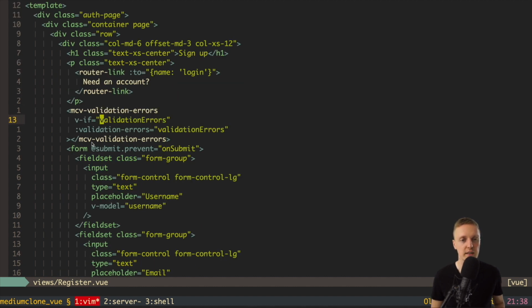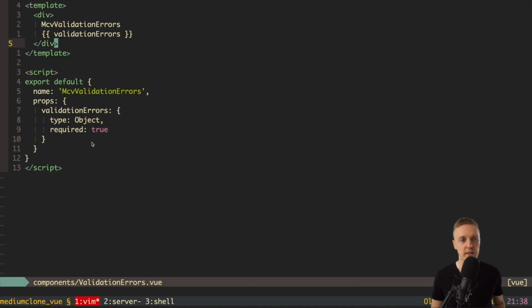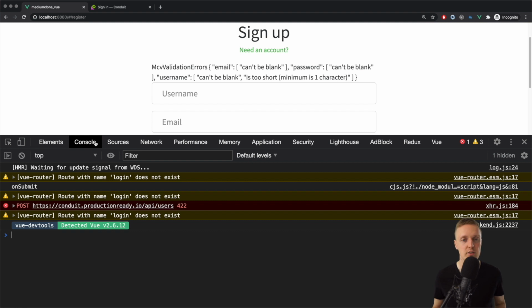And here we have an if condition, so if we have validation errors, then we are passing these validation errors inside, and our component is rendered. And here we rendered our errors. So now everything is fine, we passed our errors, and we need simply to normalize them, because they are in this strange object system, and we want to do something like an array of strings